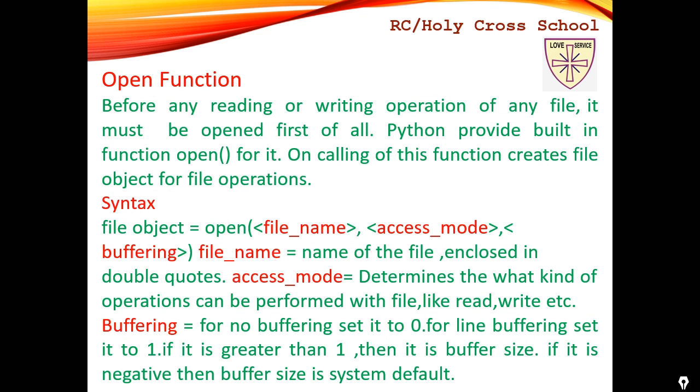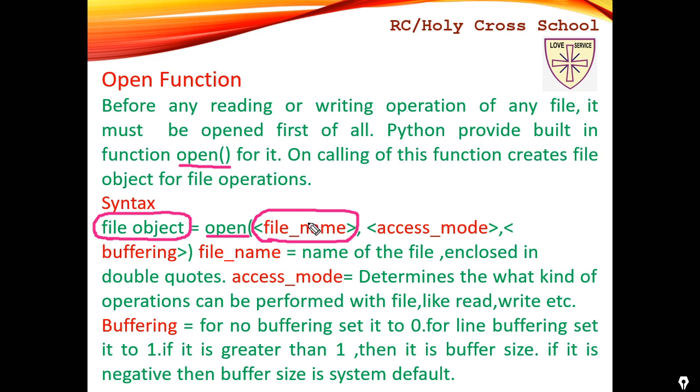So how are you going to open a file? Here you just see, we are going to open our file by the syntax open. You have to write a file variable, a file object. It can be any variable name. This is your file variable name. Open is the file handler function, understand? Then here the file name: this should be the name of the file which you have to open.